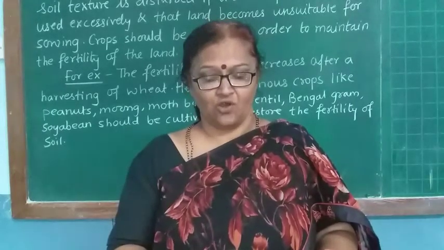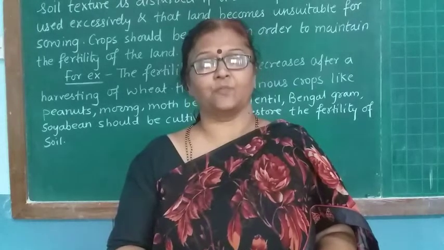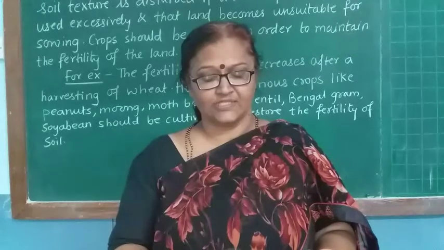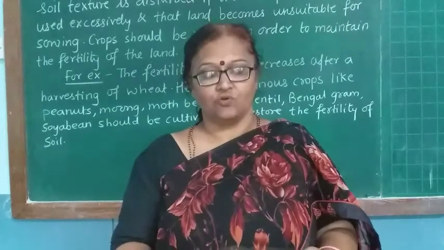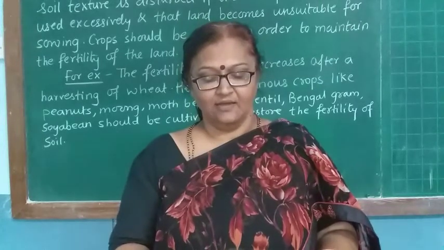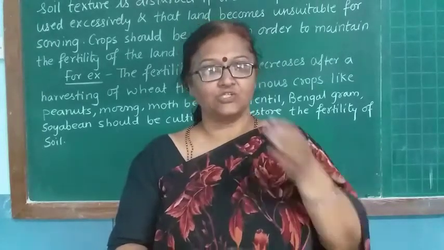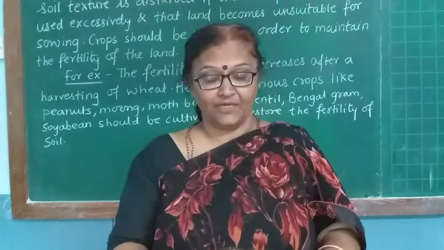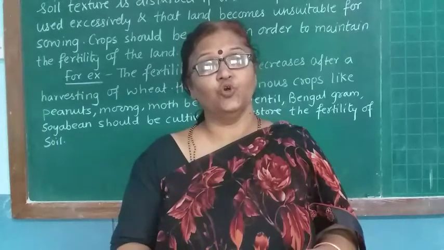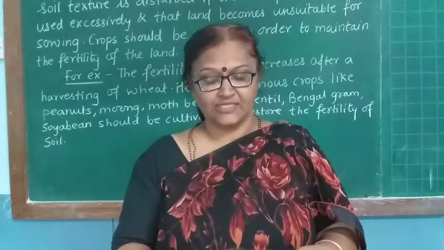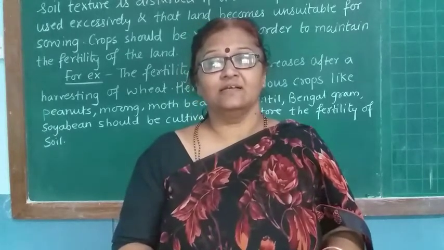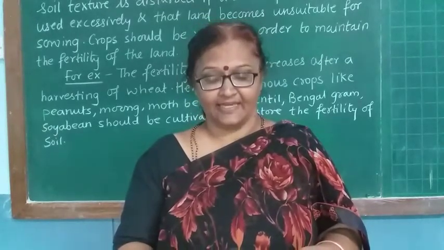A mixture of water and soil in a proportion of 1:2 is taken and tested using several indicators. So what is done? To determine the pH of the soil, the mixture of water and soil is taken in a particular proportion, and that proportion is 1:2. The mixture is tested by using several indicators.